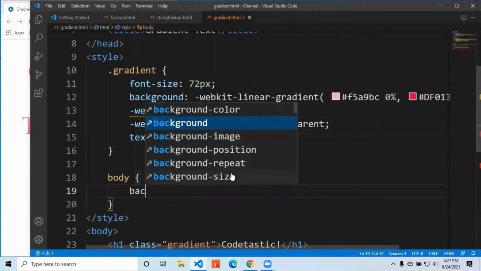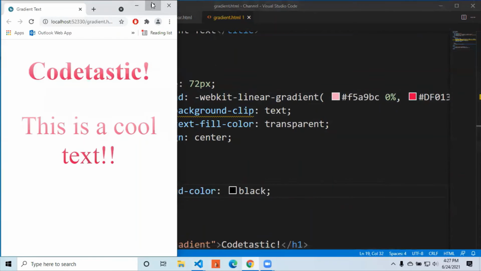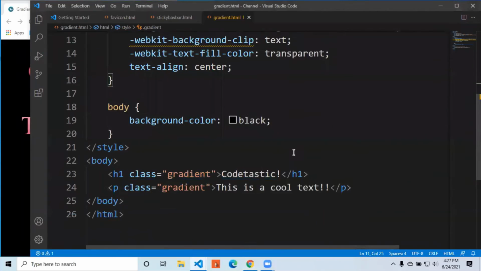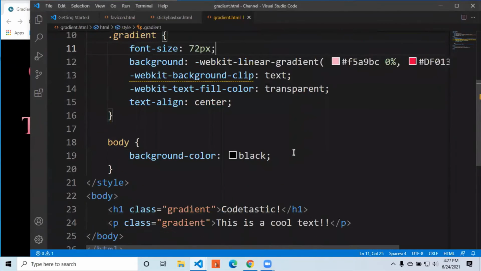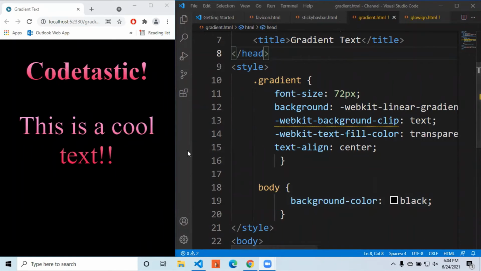Now I'm doing a body. I'm setting the background color, which is black. You can even add some background image, some pictures, anchors also. Now with the background color, it looks even better. So you can keep adding things to make your page look more beautiful. Only this much is the code. We don't have anything else. It's a very simple one.